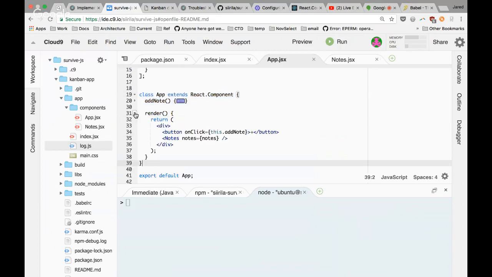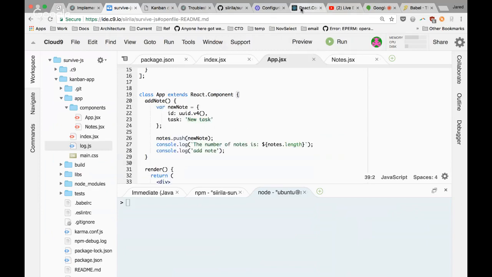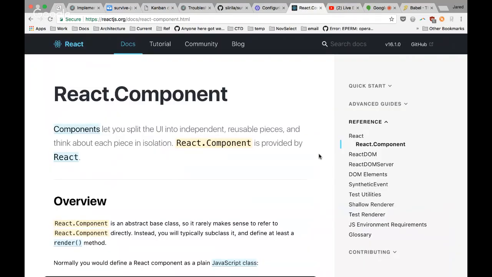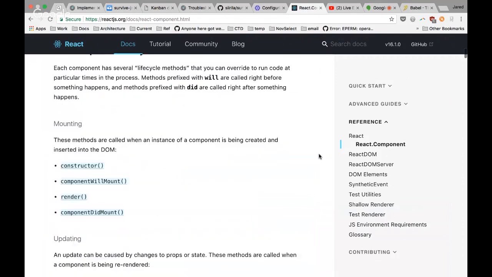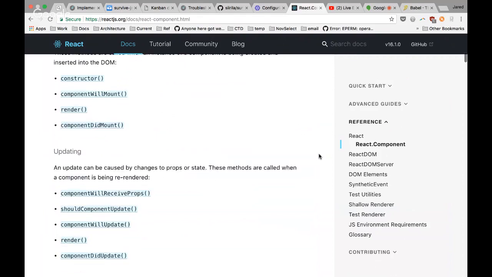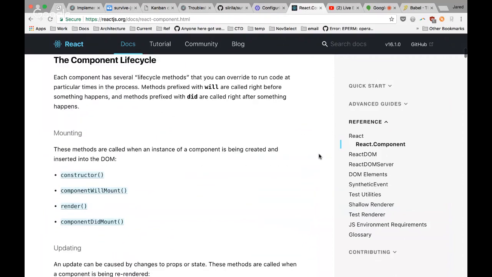So I had to change this over so that it's an actual React component and not just a function. Because the functional component works well for something very simple, but when you want to have any sort of behavior attached to it, it's better to use an actual component. So I changed it over to this syntax. And what that means is, as I said, the React.Component documentation is valid. So if I look over here, one thing that it does provide me with,